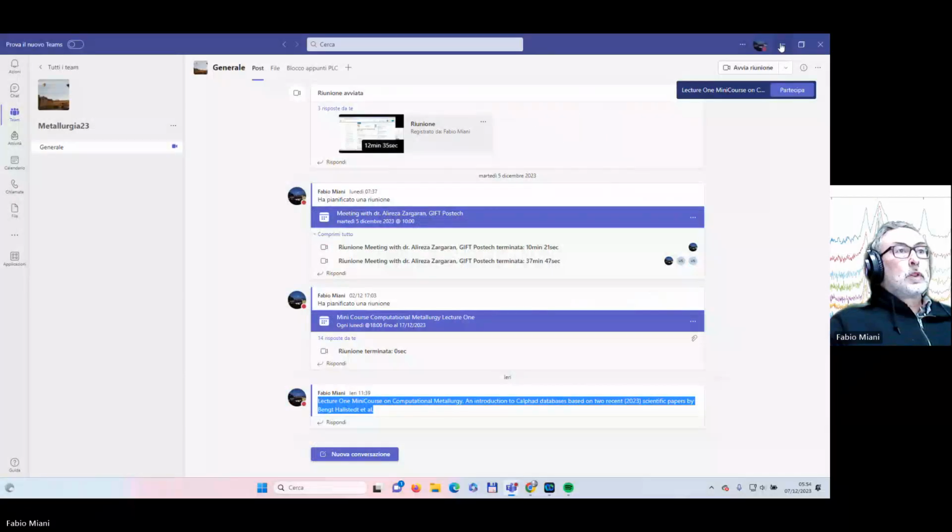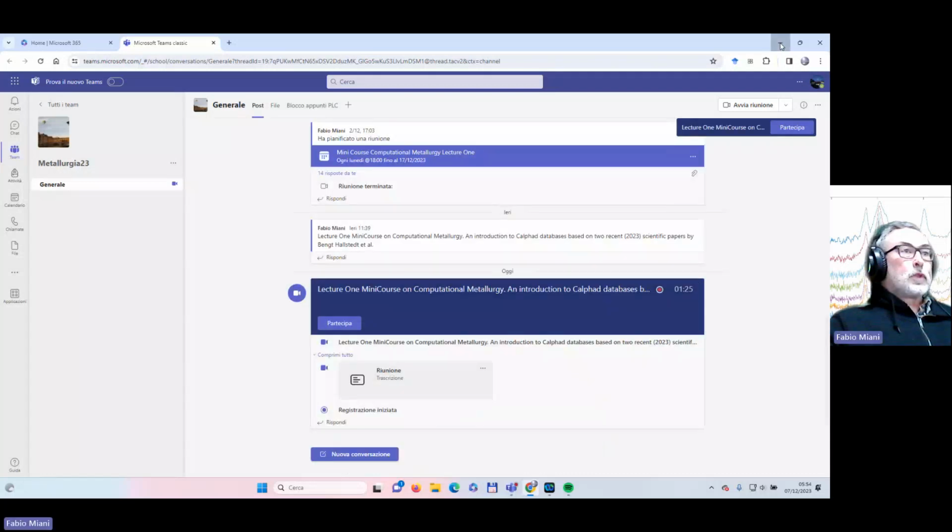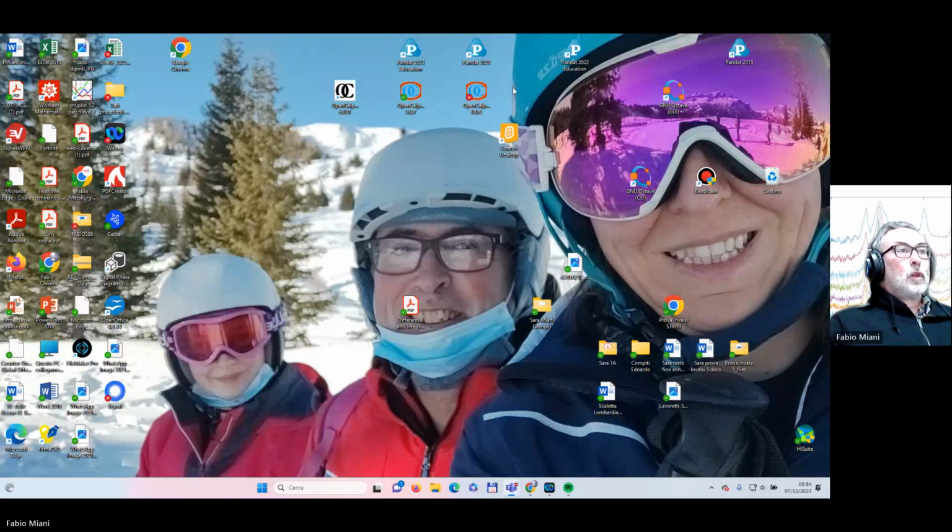So, any Calphad-based software needs databases. Databases may be developed chiefly by experimental work. So if you want